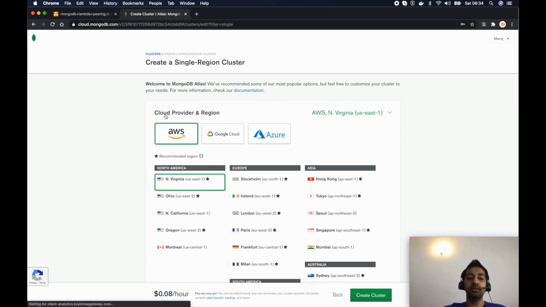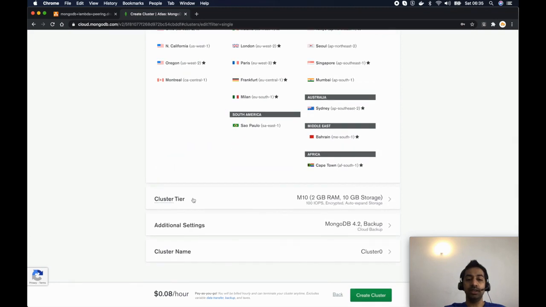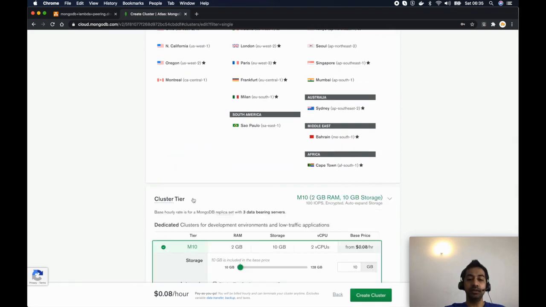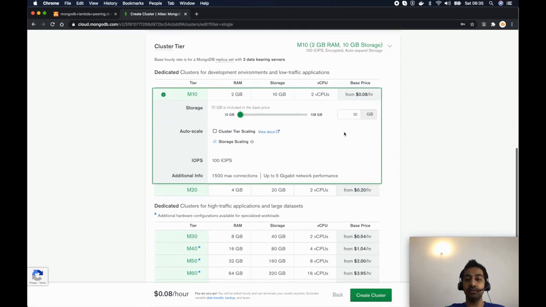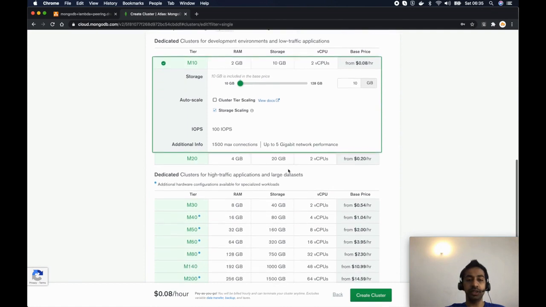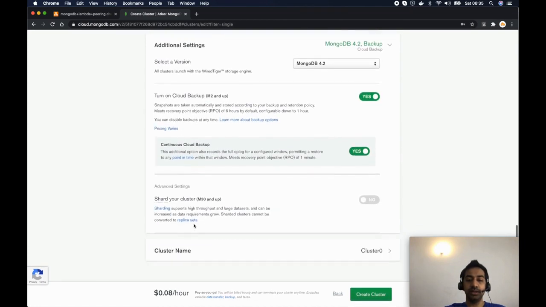And here's where we are picking our cloud provider. So I can choose between AWS, Google and Azure. I will choose AWS, and then I have to pick the region, and I will choose North Virginia. That should do. And there are some other details where I can configure. I will dial all of these things to the minimum because I want to incur minimum cost even for this tutorial. And additional settings, it's all good.